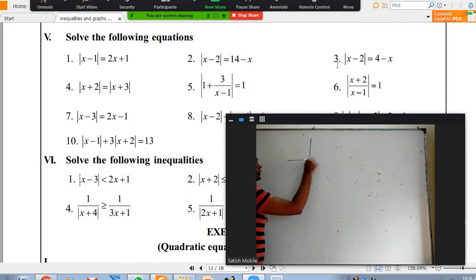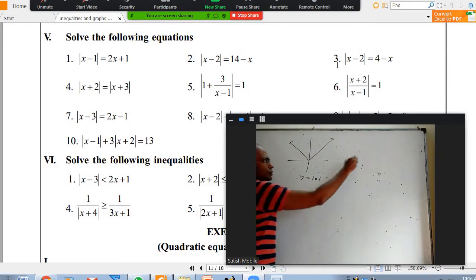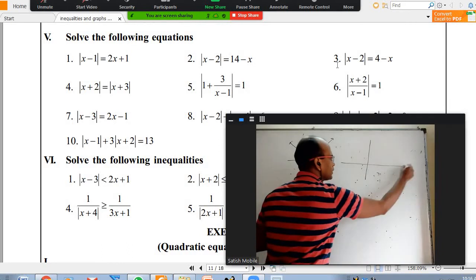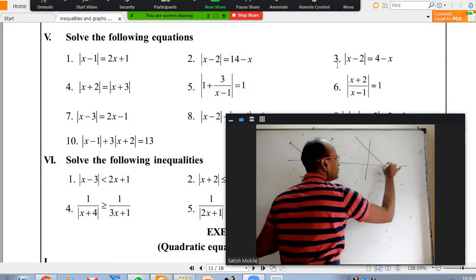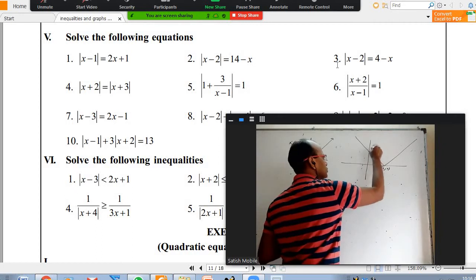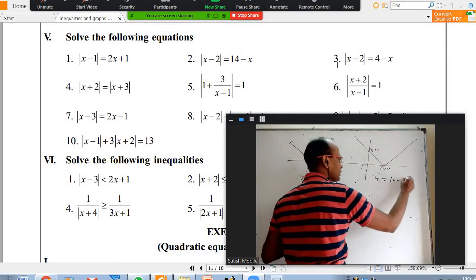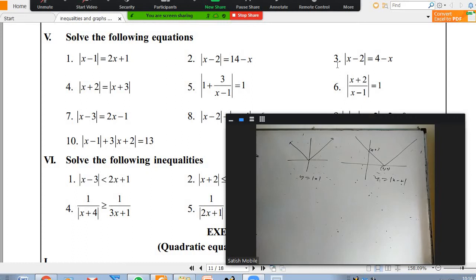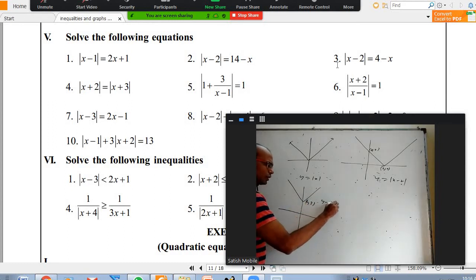I already explained a little bit, so just draw these graphs. You might have drawn them yesterday, but still, this is a graph of y equal to mod x. If this is 2 comma 0 and this is 0 comma 2, this is the graph of y equal to mod x minus 2. If I take the graph a little upward and this point is, let's say, 0 comma 3, this is y equal to mod x plus 3. It went up 3 units.